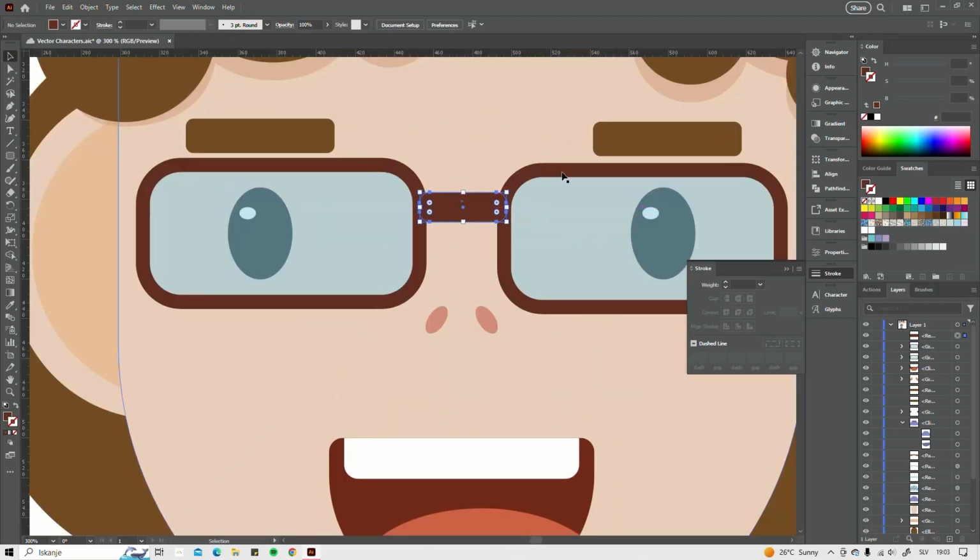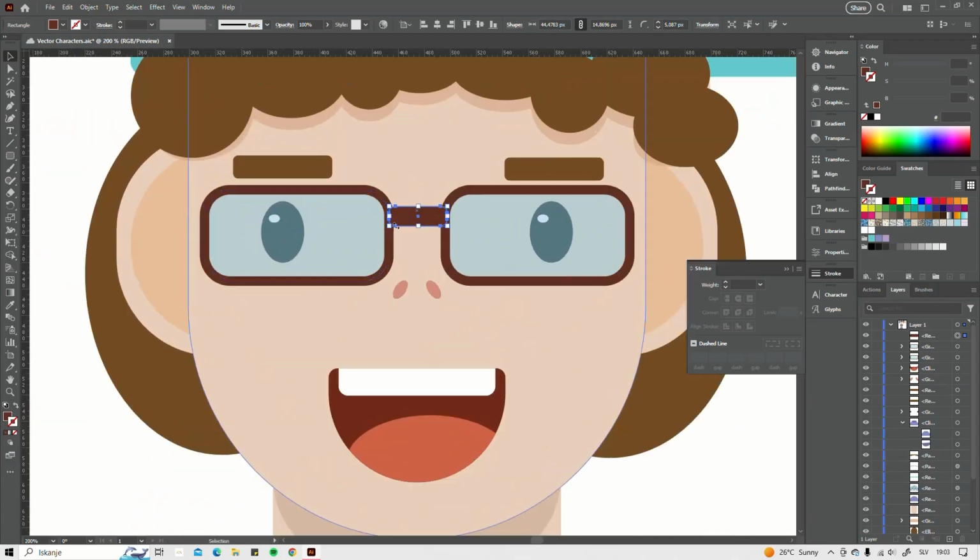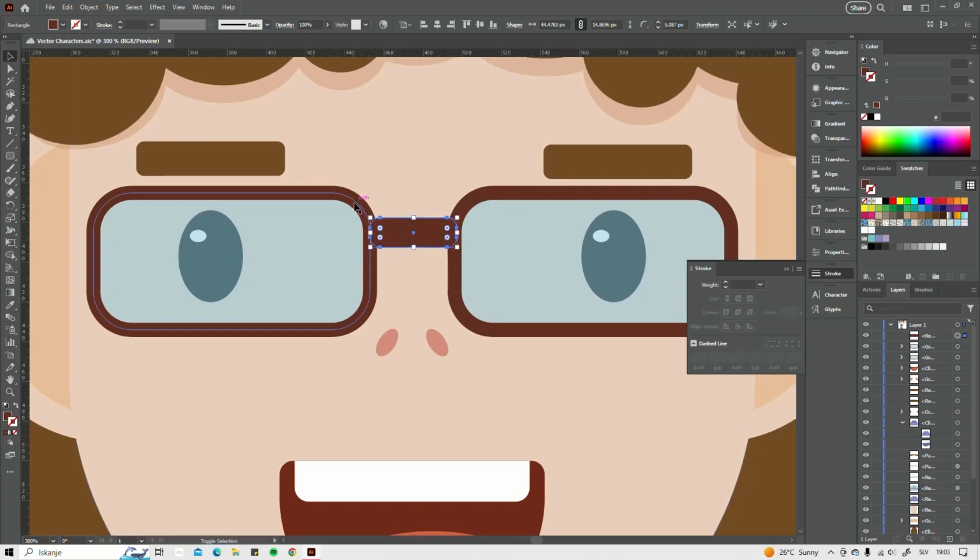I usually don't put glasses on my characters. They were a bit uneven. Okay, now they're even. I am gonna group these together,